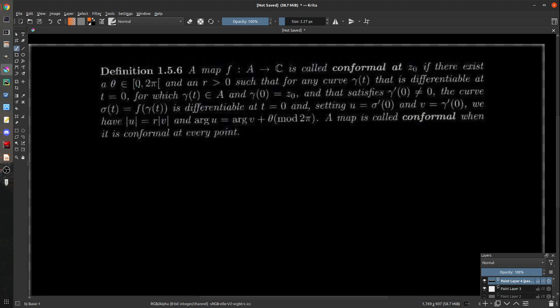A map is conformal when it's conformal at every point. So this is just a fancy version of what I just drew. It looks so much worse when you actually write it. And that is why we probably won't use this except when we particularly need it. However, it does do a lot for us,